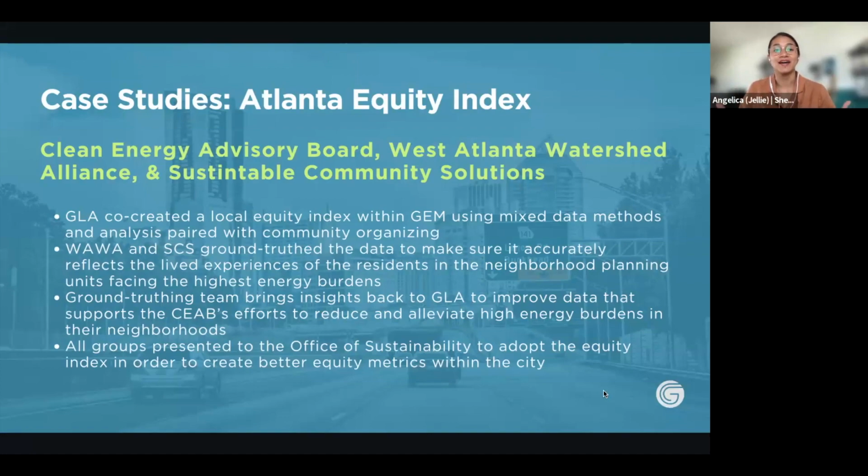And at this time, it was to the Office of Sustainability, where Chandra Farley is now within that office. And so she helped us present this joint meeting with other departments to better advocate around some of the Clean Energy Advisory Board's plans to reduce energy burden and other health inequities within their communities. And so we were able to present to them their top 5 priorities that were both backed by data and backed by lived experiences. And some of those were alleviation of energy burden, alleviation of housing burdens, alleviation of high asthma rates,